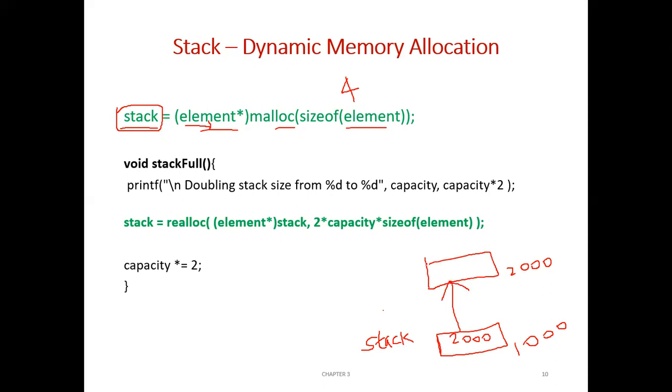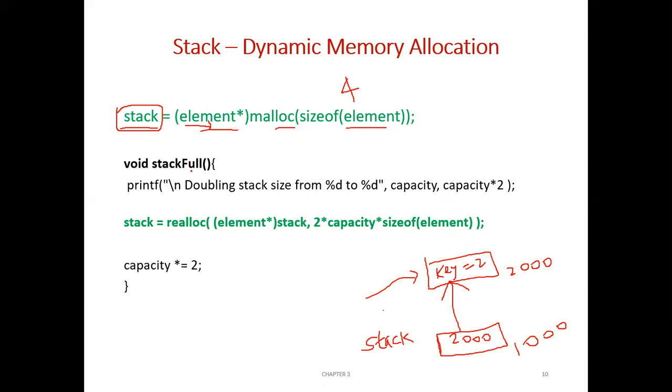Now stack can hold only one element. Now if you perform a push, say you are pushing here, each element has a key. Say we are pushing such that the key value is 2. Now the second time if you try to push, the stack is full. But as we discussed, when you try to push, the stack size should double. That is, currently its capacity is 1, it should become 2. That is, it should be able to hold one more element.